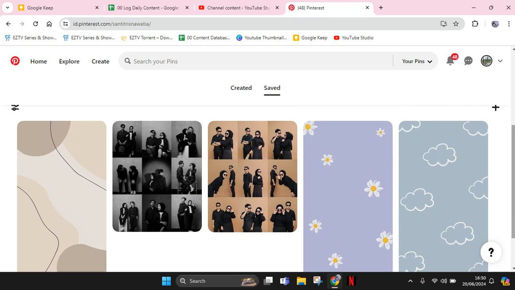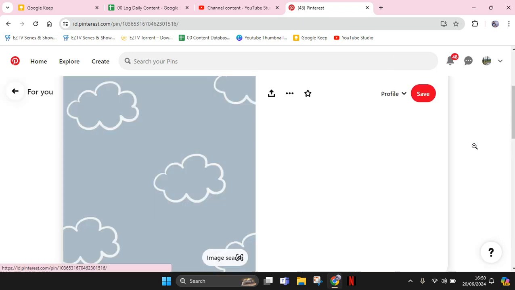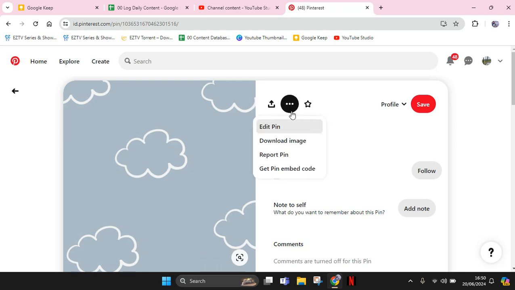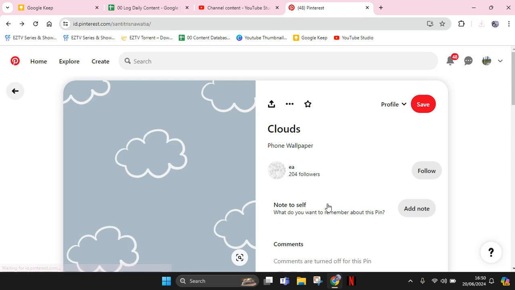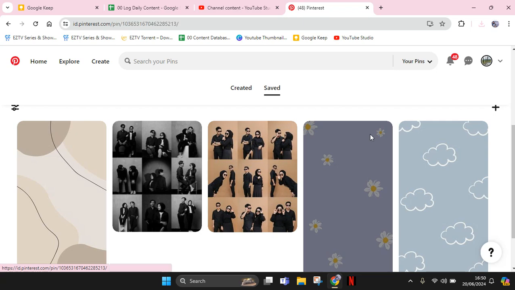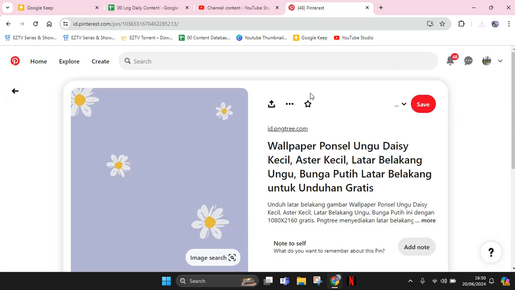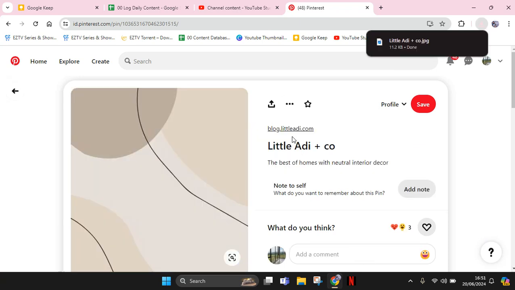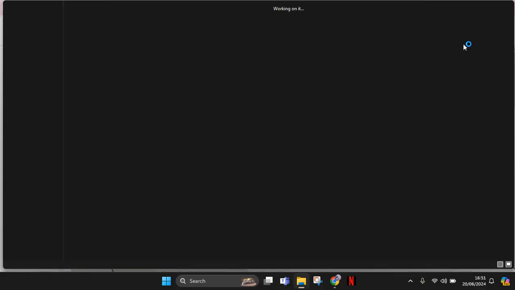So what you need to do, if you want to print them, you can just click on or view the image one by one, then click on more option and download the image, all of the images. So after you're done with the one image, go back and download the other. So after all of the images have been downloaded, you can just click on this icon to show the image in folders,